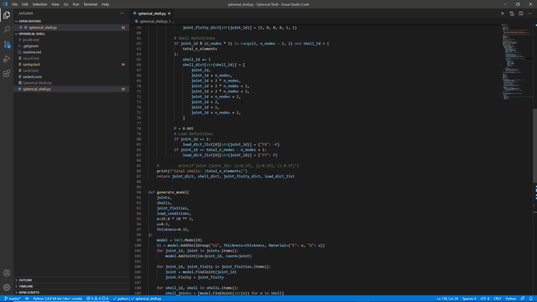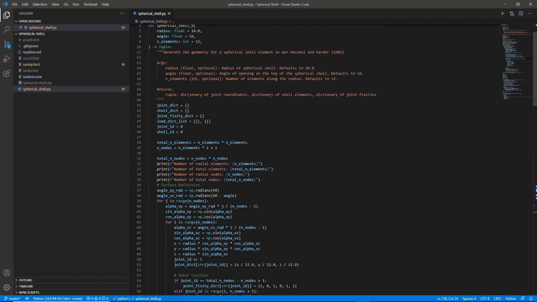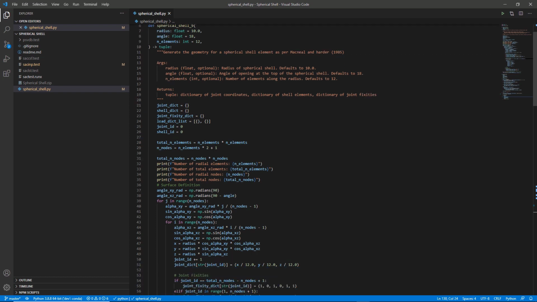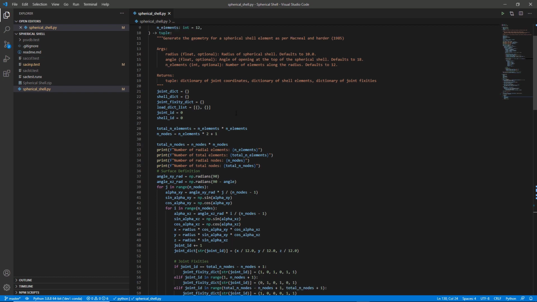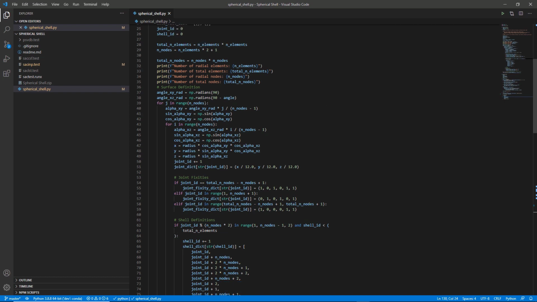And so if I go back up here, I don't want to take too long on this section, but essentially what I'm doing here is I create some empty dictionaries that I can then pass back as return values. I define the surface using the parameters. So here I'm calculating